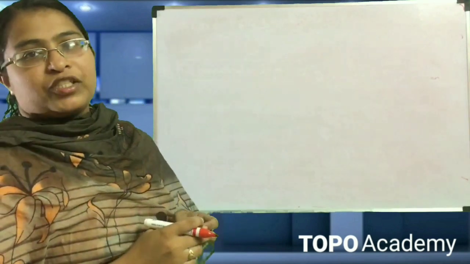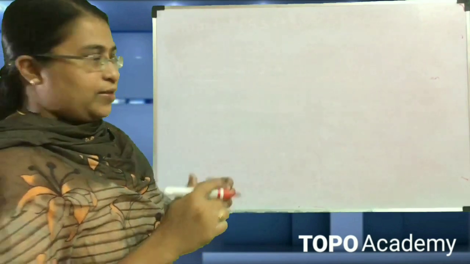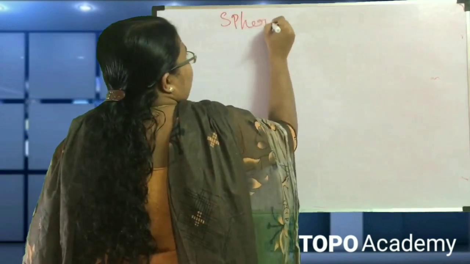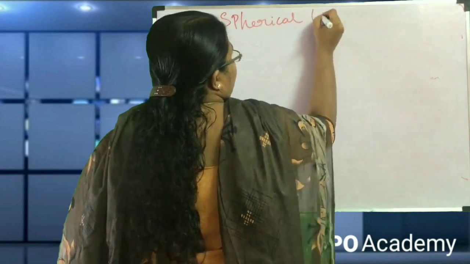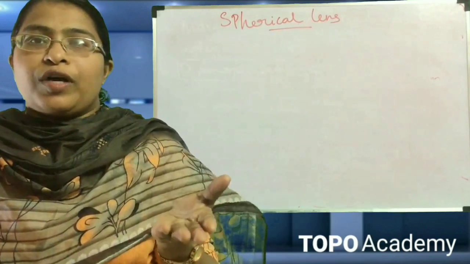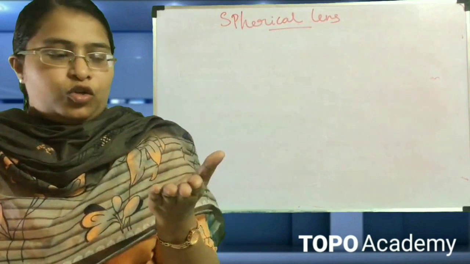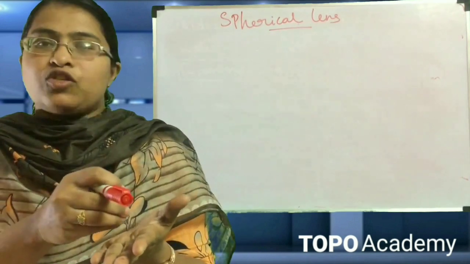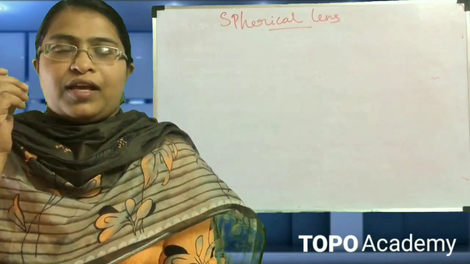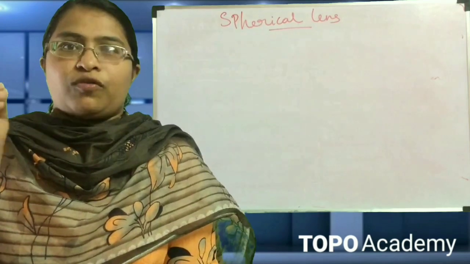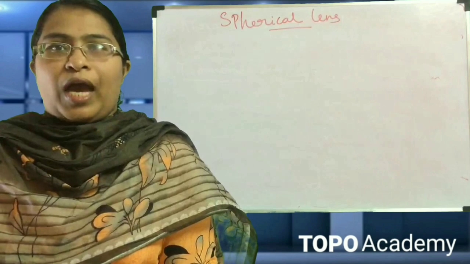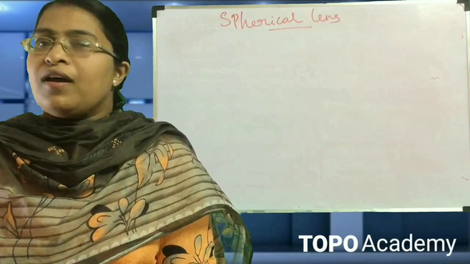Next we have to see refraction of light through a spherical lens. Have you seen a palmist looking at your hands using a lens? By looking through the lens, they see the lines of your hands very clearly. And have you seen a watchmaker? They have a lens in their eye to see the parts of the watch clearly. In microscopes, telescopes and cameras, in all these cases we are using lenses.